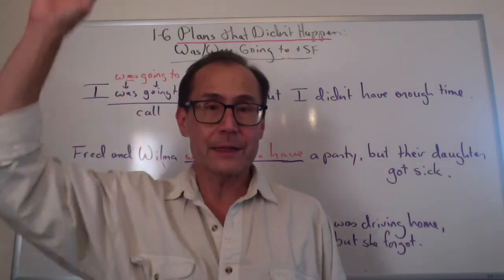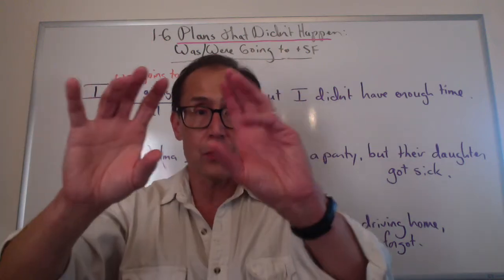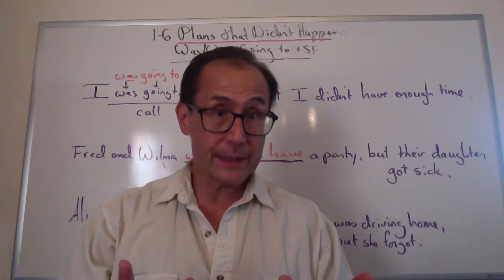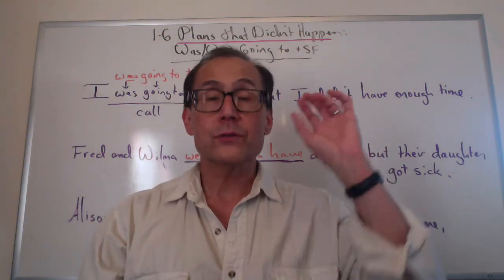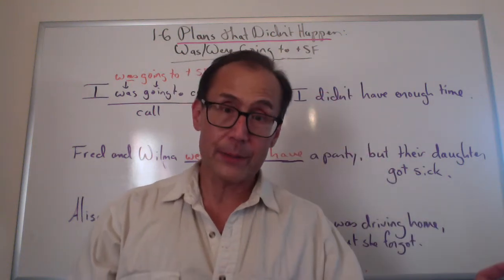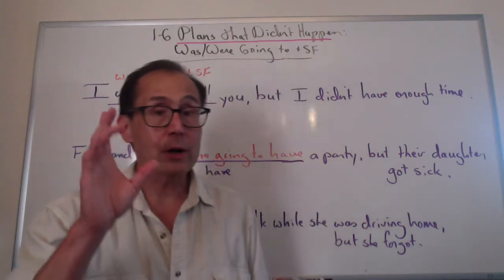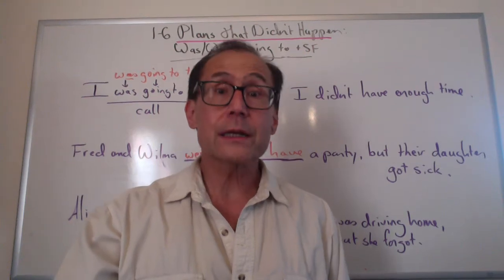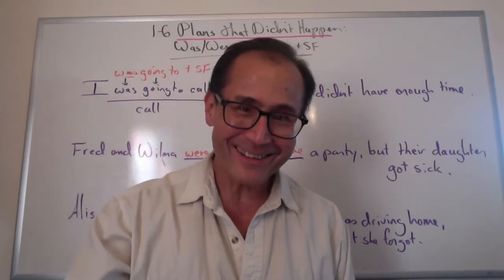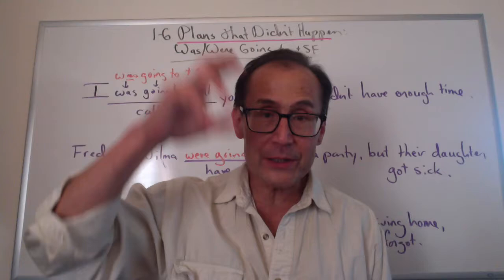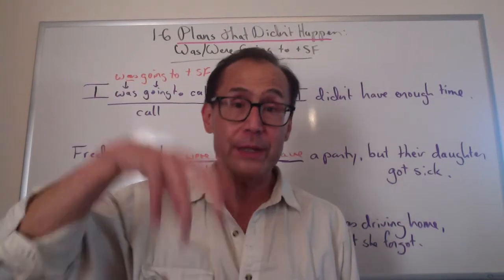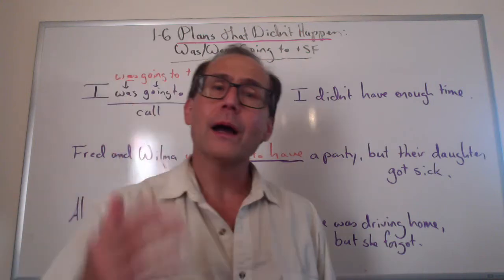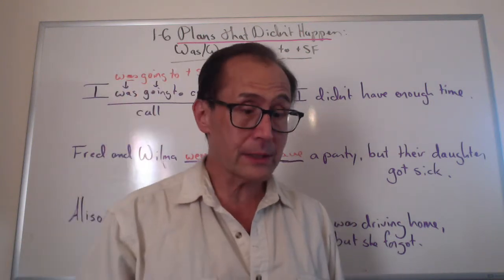So let's repeat that again. I can use was or were, going to, in simple form of the verb. One of the meanings of that in English is, this was a plan, it didn't happen. Now, I want to give you a little bit of a warning though. It doesn't always mean that. It can be used with other meanings. So let me put a few examples on the board. I'm not going to talk a lot about this, but